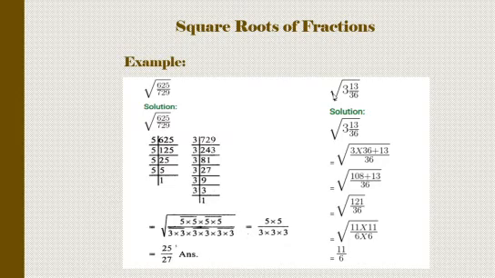In the same way, here a mixed fraction is given. In a mixed fraction, first we will convert into an improper fraction. 36 into 3 plus 13. We will get here 121 by 36. 121 we know that we can write as 11 into 11 and 36 as 6 into 6. So out of these pairs, we take out from the numerator 11 and from the denominator 6.